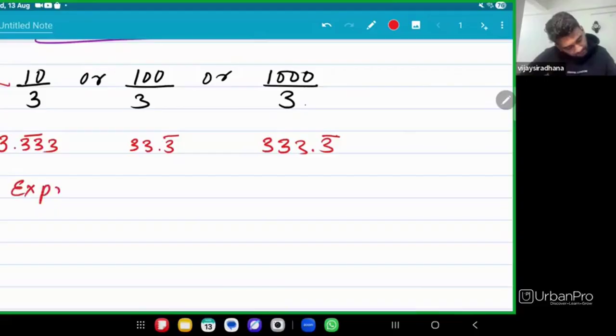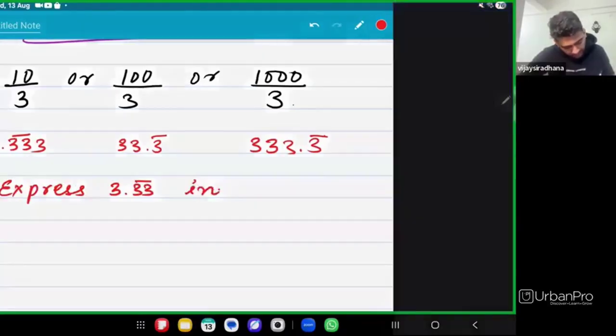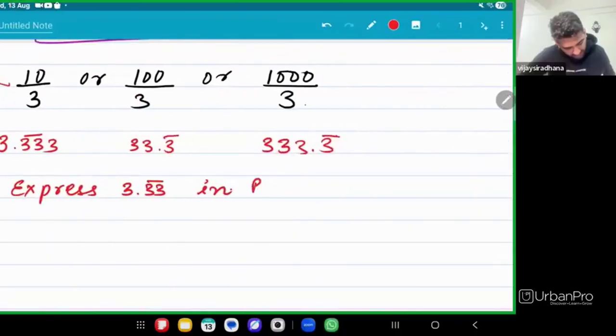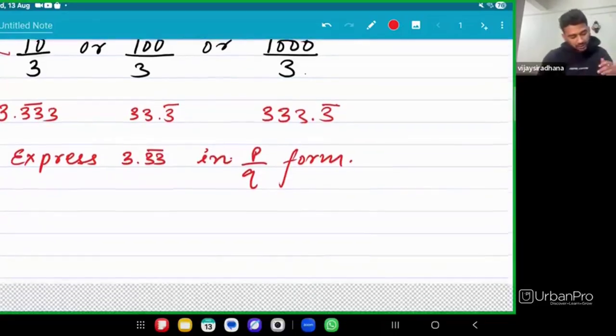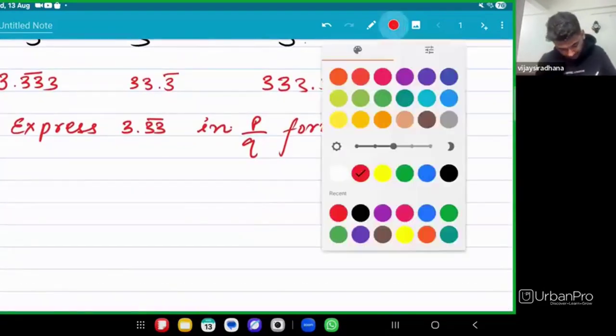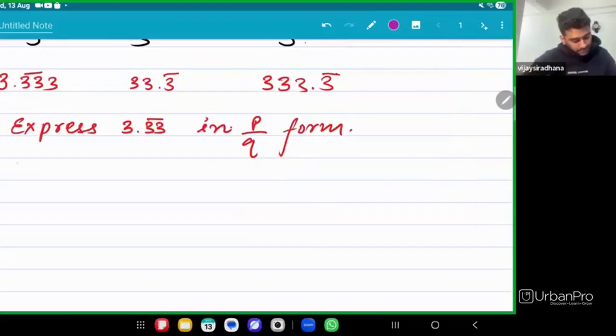Suppose the question is given: express 3.3 bar in p by q form. Then how can we prove this? So easy. For that, suppose there is a value 3.3 bar, we'll take it as x. Let x is equal to